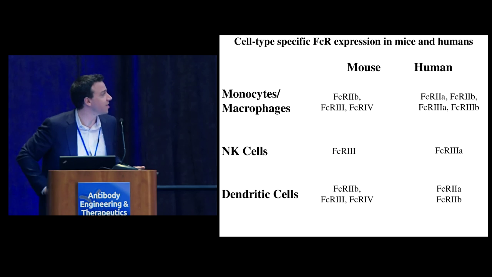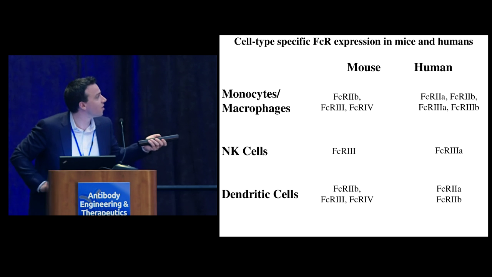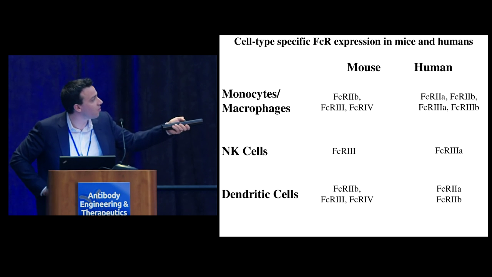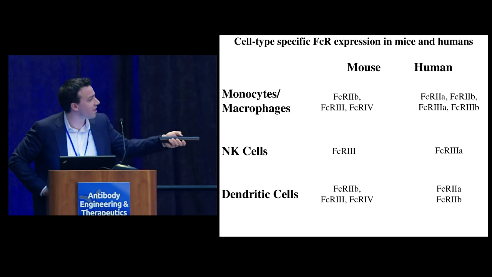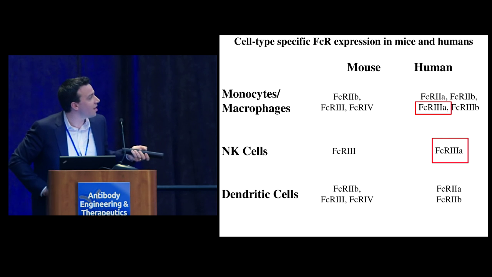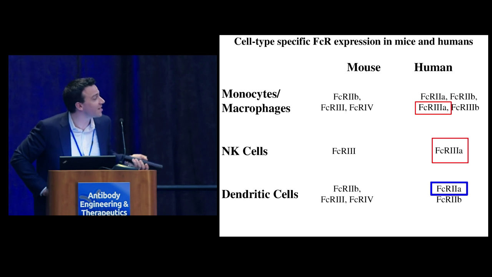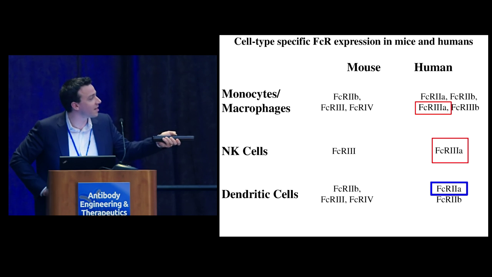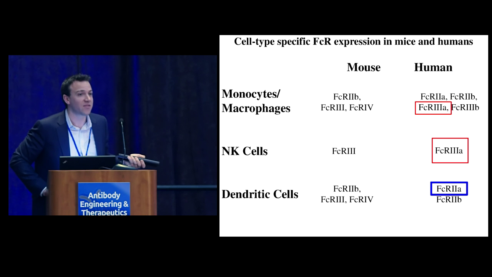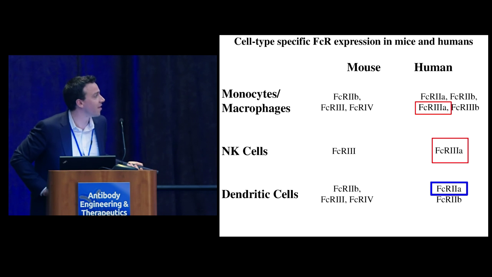And because of this, we generated... I guess I should also point out, there are significant differences between mouse and humans in the Fc receptor system. So mice express the full array of Fc receptors, both activating and inhibitory, on their monocytes, macrophages, and dendritic cells. By contrast, humans express FcγR-3a, one of the activating receptors, on monocytes, macrophages, and NK cells. But by contrast, dendritic cells only express a single activating Fc receptor, FcγR-2a, distinct from FcγR-3a that's expressed on the